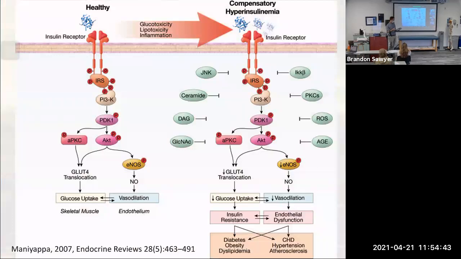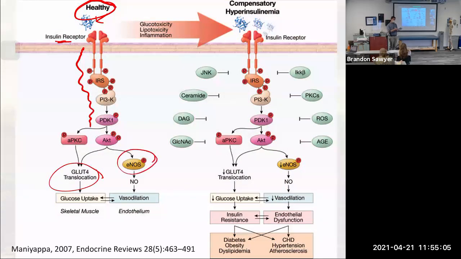Okay, and I'll end with this one here, but this one is just a kind of a direct link between type 2 diabetes and cardiovascular disease. So this would be healthy over here. So we see an insulin receptor, there's insulin. When insulin binds that insulin receptor, all kinds of different things happen here. One of the things is GLUT4 going to the surface of the cell, so we can let glucose in. But look what else happens. That's a direct stimulator of eNOS. Right? So insulin is actually a vasodilator. It actually stimulates eNOS, which stimulates nitric oxide production, which causes vasodilation, which also just causes a healthy vascular